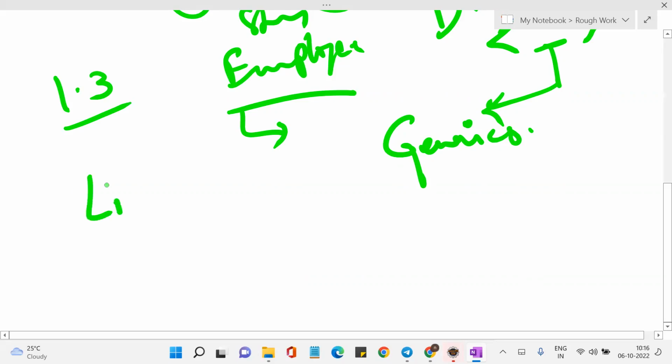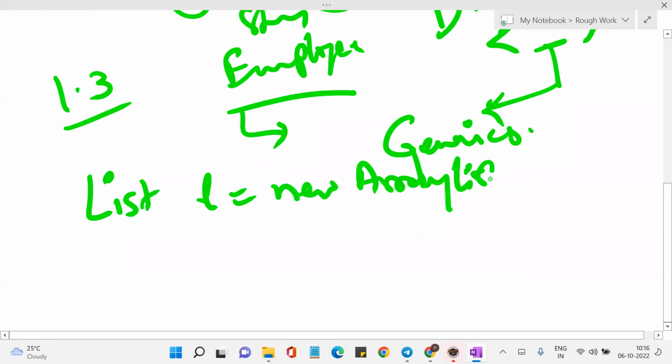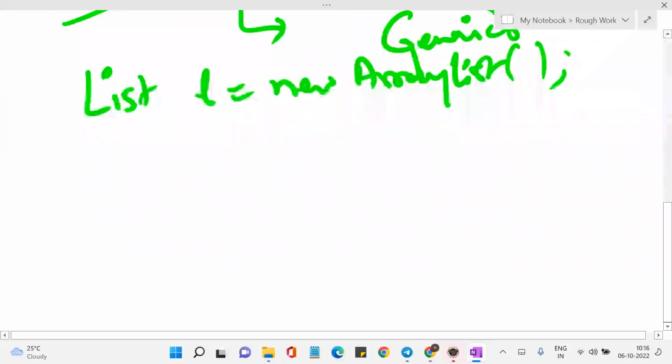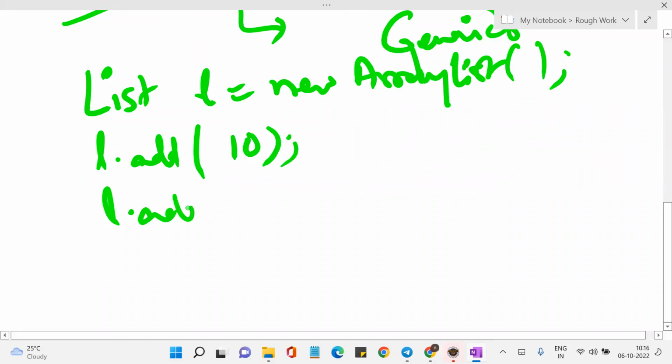If you want to create an ArrayList object, this is how you do it: List l = new ArrayList(). The collection framework is used to group multiple objects. Here, l.add(10), l.add